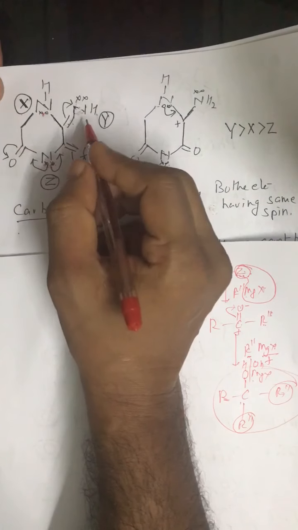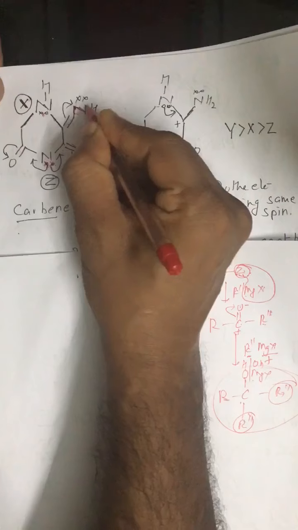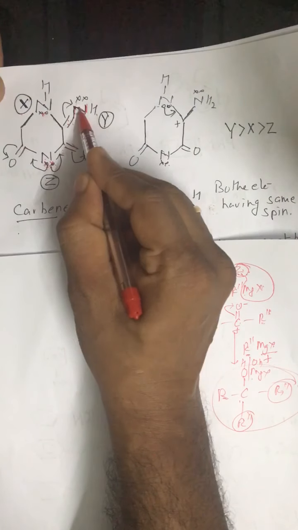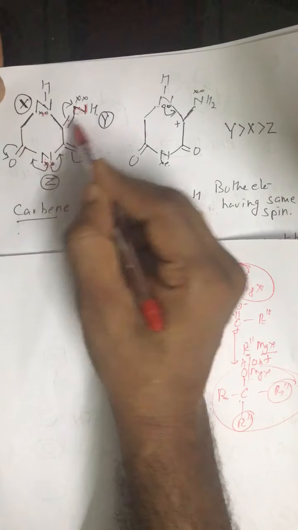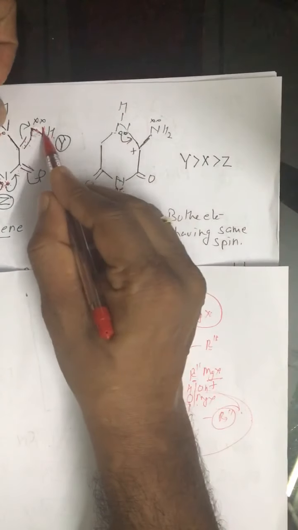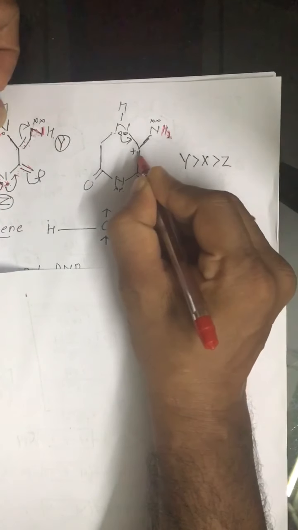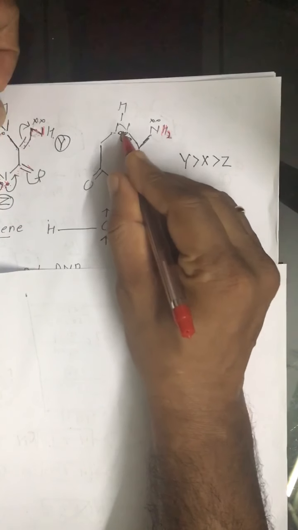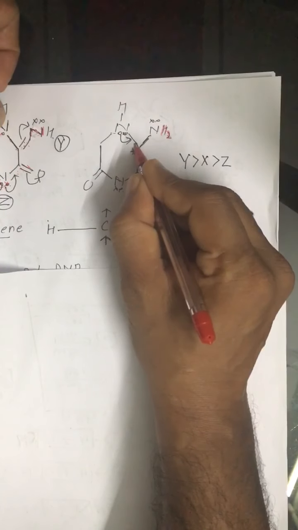And look at this Y. Look at this nitrogen. This LP, now if this electron pair moves in this direction, it acquires a negative charge and a positive charge over this carbon atom. And now if this H positive attacks on this nitrogen, it is converted to NH2. We have a positive charge over this carbon. Now look at this positive charge. This is in conjugation with this LP, so it is easily filled by this lone pair of electrons.